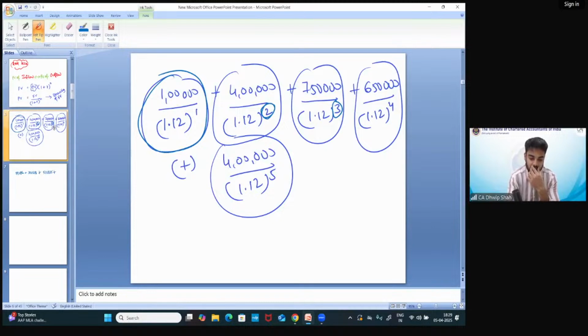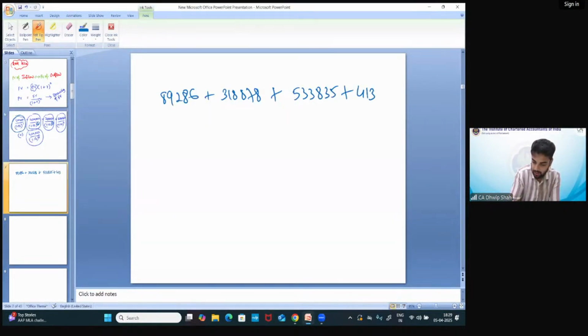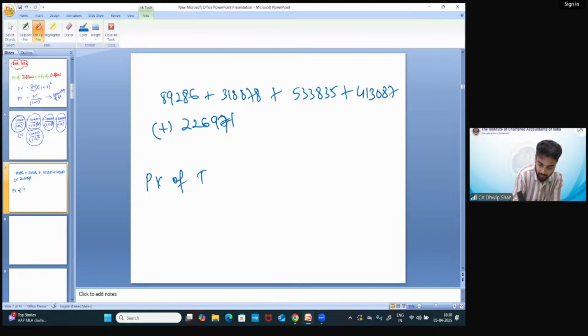So for year 4, how much it is? So 6,50,000 divided by 1.12 equal to 413,087. And for year 5, it comes to 4 lakh divided by 1.12, press equal to 5 times. 226,971. So can I say my total present value of inflows